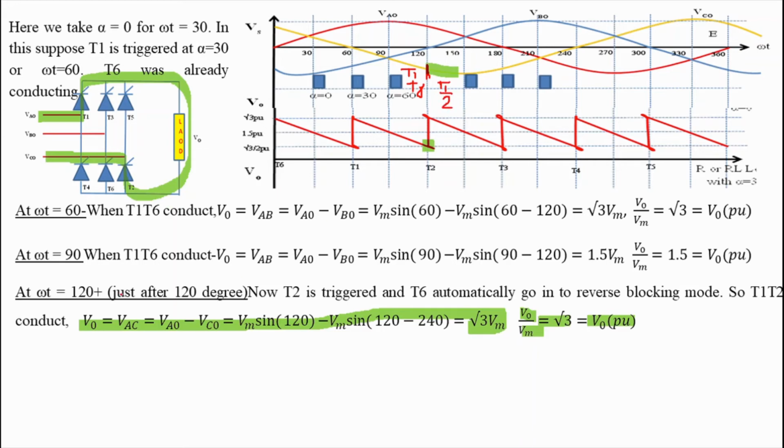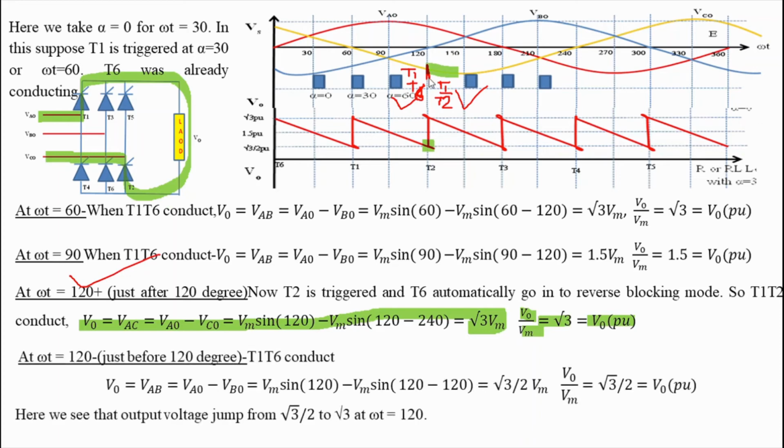So just after 120 degree, T1 T2 were conducting, and just before 120 degree, T1 and T6 were conducting. So if we write the values just before 120 degree, we can see that V naught was equal to, because T1 T6 were conducting, see